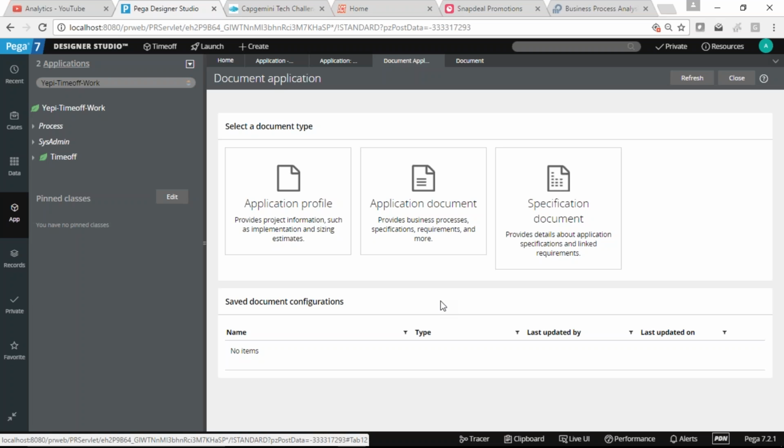Any questions till now? We have covered the initial part, the objectives, requirements, and specification. Now we are going to look at how we can think about what the case is, what the process is, and what data modeling is, and how we can do that within Pega. That is what we are going to start next. Any questions till now?